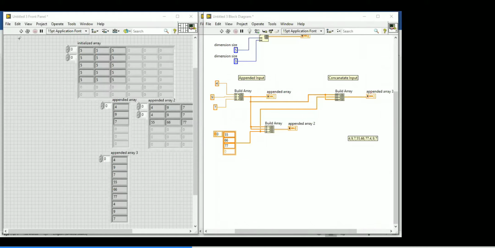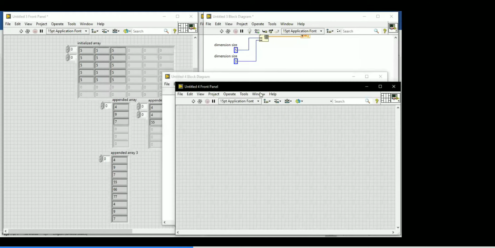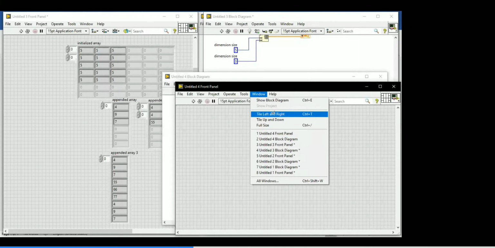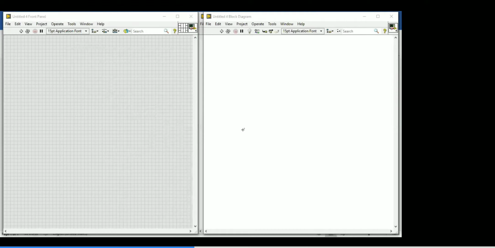So create a new VI. Now we will discuss clusters. What is an array? An array is basically a collection of the same data type.